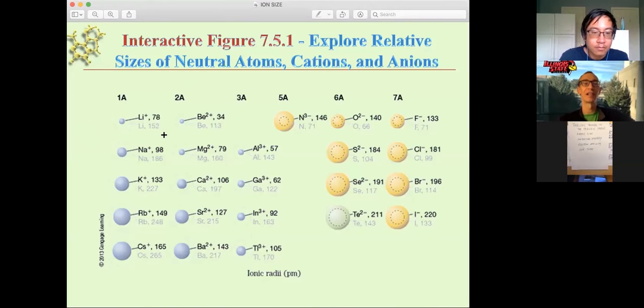Up here on the left-hand side, you can see lithium with a little faded line just slightly outside of the size of the lithium ion. So a lithium atom loses an electron and becomes smaller. Here's a sodium atom, it loses an electron and it's smaller. Here's a potassium atom. It loses an electron and becomes smaller. So for those atoms that lose electrons,